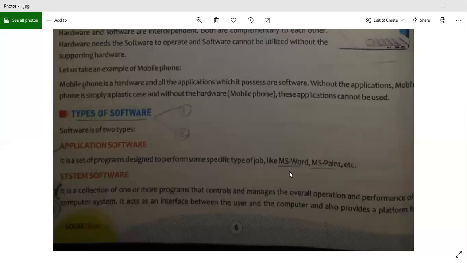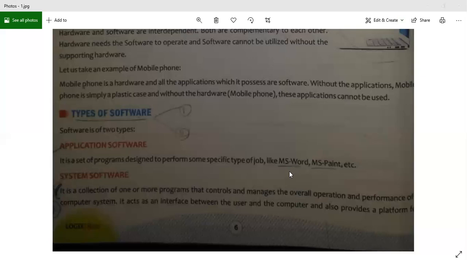One is creating a document and the other one is painting a picture. Microsoft Word is used for creating a document, and Microsoft Paint is used for creating a picture or drawing on the computer. So both the works that I wanted to do required a different kind of software, and these software are nothing but application software.